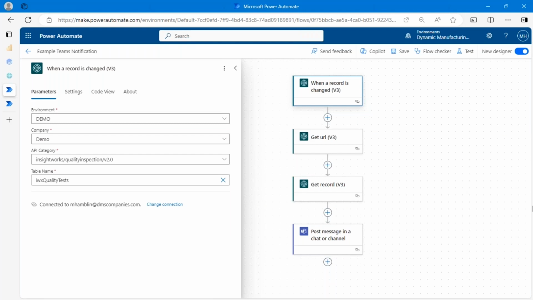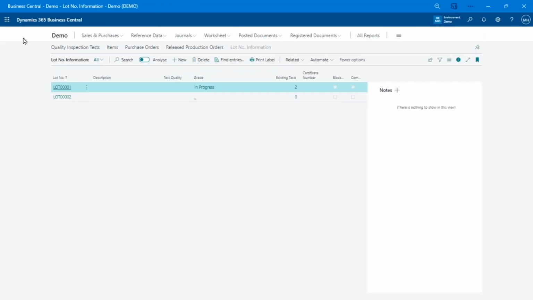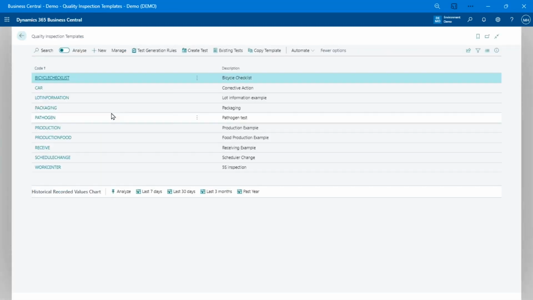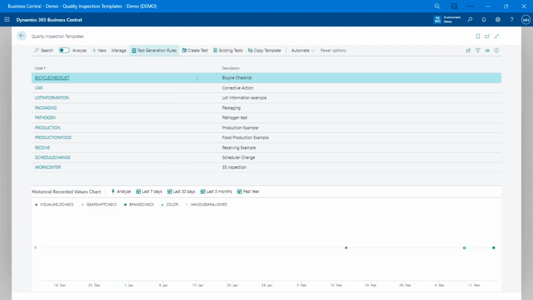All right, let's go back into Business Central here. I think that pretty much covers it, right? So really, the core of this, you define your test templates, which are really your entry forms. Once those entry forms are defined, you tell it how you want to create those tests, either automatically or manually.